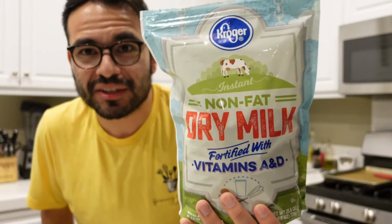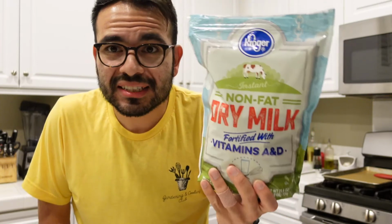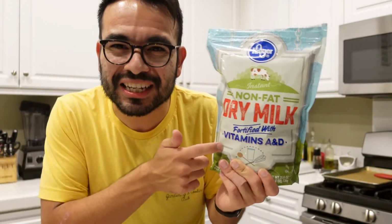This is the stuff that you mix with water to get some sort of milk mixture. I've never actually had it the way that it's intended, but this is something that this particular chef likes to incorporate in a lot of her cookies because it gives you that really kind of memory of childhood cookies at home. This is a really interesting ingredient. I would recommend you go out and get it, but it's not going to be a deal breaker if you